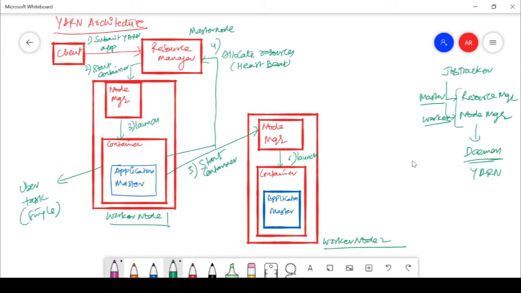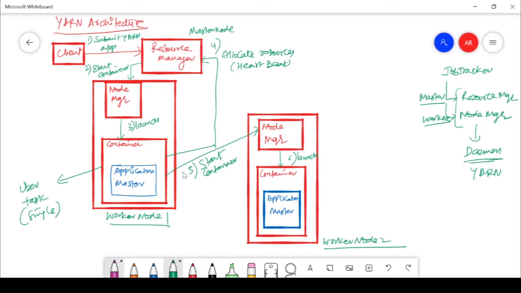What does that mean? If the job is quite complex or too big to be executed in a single node, then it needs some other node to execute, and it will send the request to start a container on the vacant node, which is not fully occupied, right? So when we start this, it is a child process. We are starting another container on node number 2.